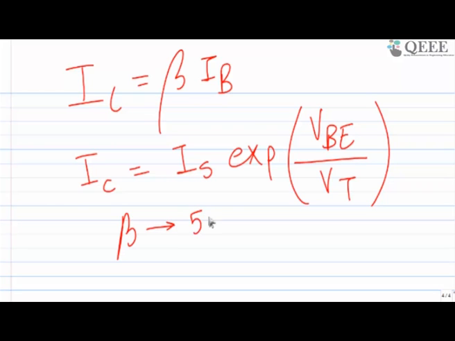Our beta varies between 50 to 200. I'm writing this number from my experience. It may be more than 200 also, it may be less than 50 also, but it all depends on how the manufacturing company is making it. But most of the transistors I bought from small markets in Delhi, maybe Chandni Chowk, and small markets in Chennai, all have beta varying from 50 to 200. So it's not fixed. Every transistor will have a different beta. This is one thing I wanted to tell.